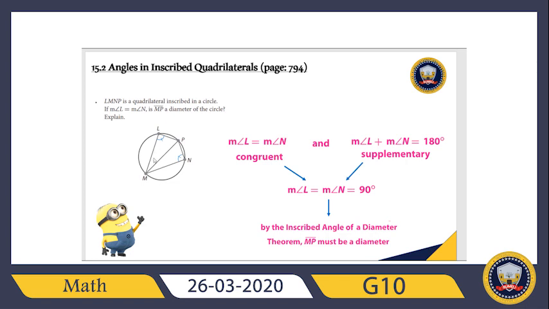Now, look at this, guys. Look at this triangle. I have a common side, which is PM. I have the angles L and N congruent. And if I said that LP is equal to PN, then